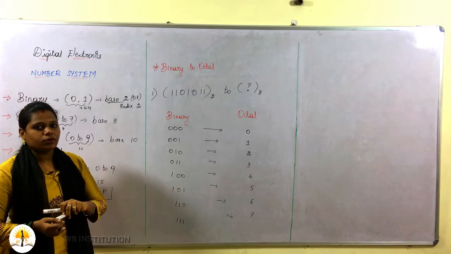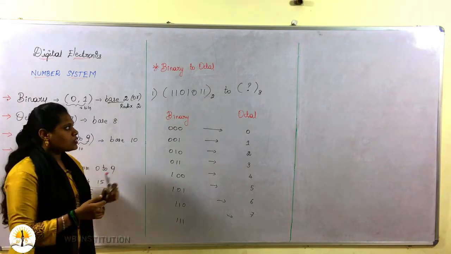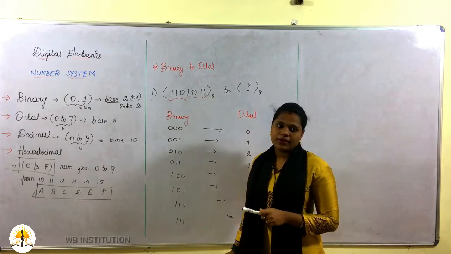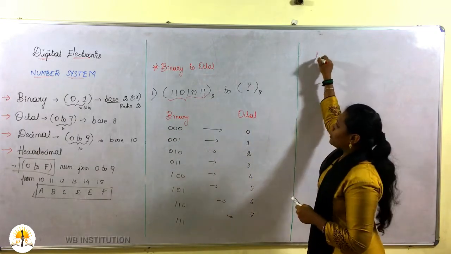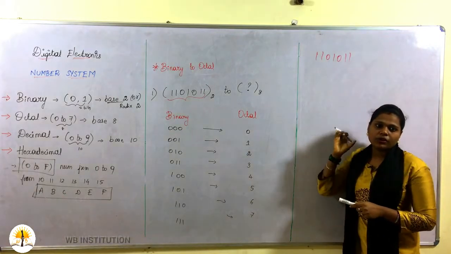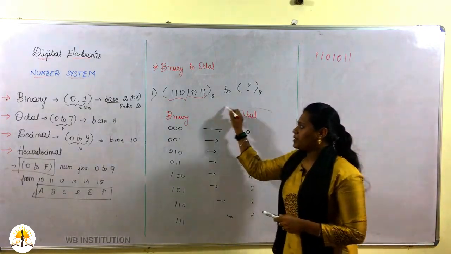For hexadecimal you will have 4 bits of number. Okay, so just take this number. We need to convert this number. So how do we convert this one? Take any number, 11010111. This is in your given question. How do you need to convert it to octal? First memorize this table.